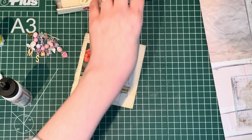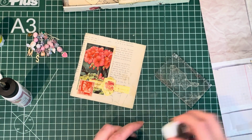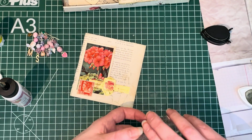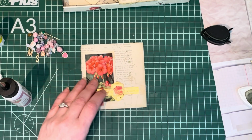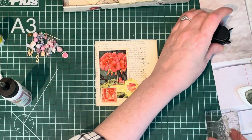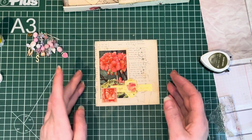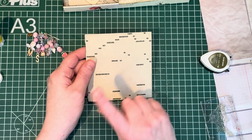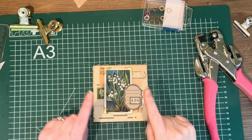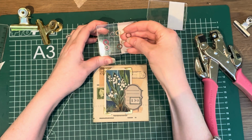If I could find it. Oh, it's not in front of your face, lovey. Yeah, and a bit over there. Perfect. Now, what I will do is assemble it, and afterwards I'm going to decorate the back because I still don't know. So for attaching these together, I want to use these jump rings, the bigger ones